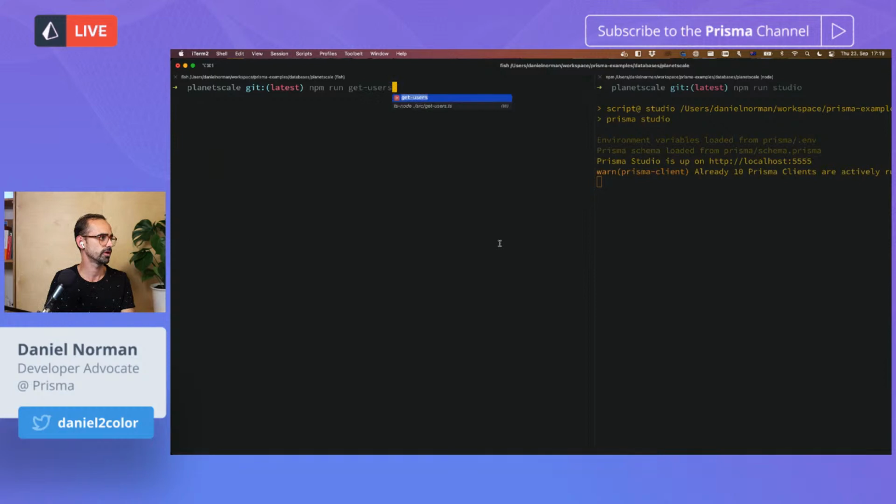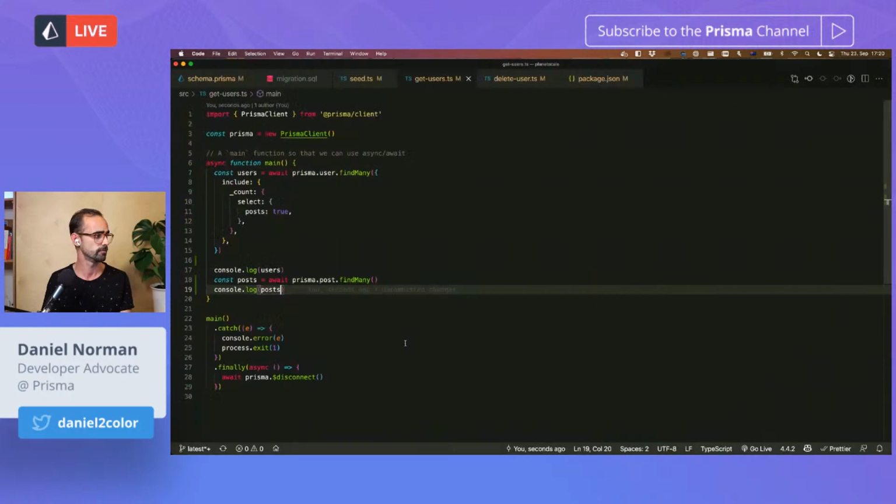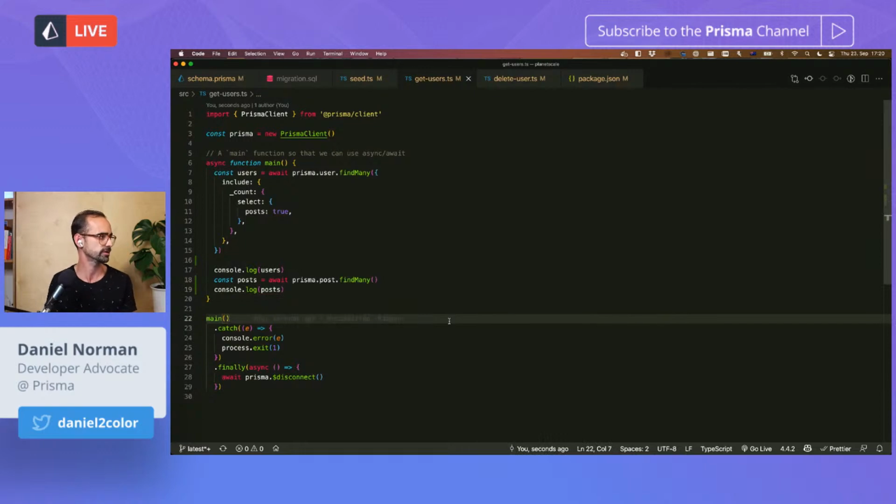And let's run that. And there we have it. So we have 4 blog posts, and it seems that there is a bug after all. We'll take a look at why that happened, but essentially we have the author ID still set to 15, even though it should be null.